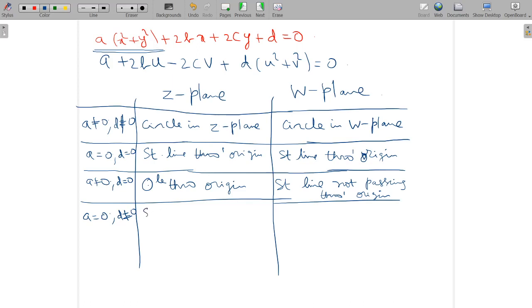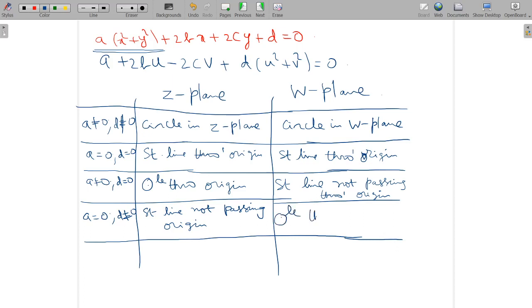You will have a straight line not passing through origin, because here d is not equal to 0. So now when I find its image, d is not equal to 0 but a is equal to 0, I will have a circle through origin. So in this case,